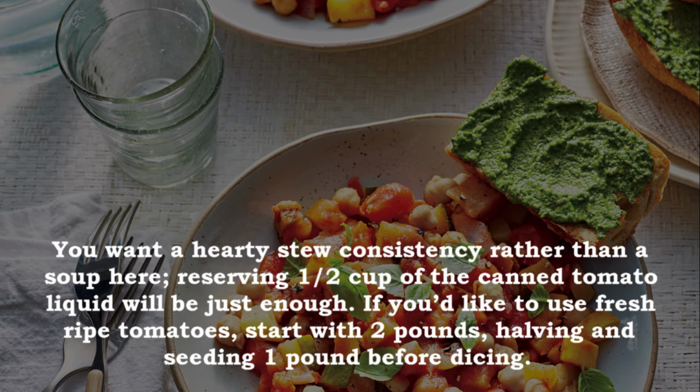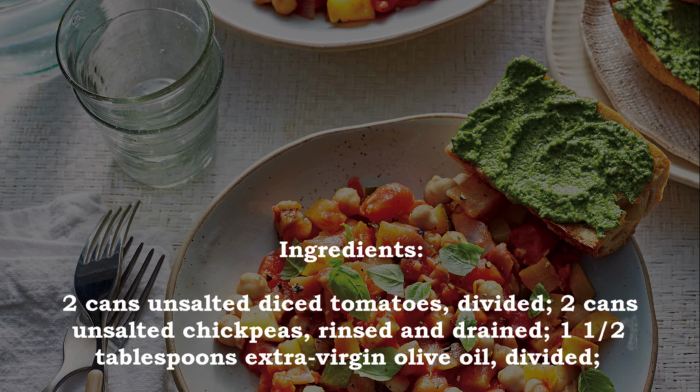You want a hearty stew consistency rather than a soup here, reserving 1/2 cup of the canned tomato liquid will be just enough. If you'd like to use fresh ripe tomatoes, start with 2 pounds, halving and seeding 1 pound before dicing. Ingredients: 2 cans unsalted diced tomatoes, divided, 2 cans unsalted chickpeas, rinsed and drained, 1 1/2 tablespoons extra